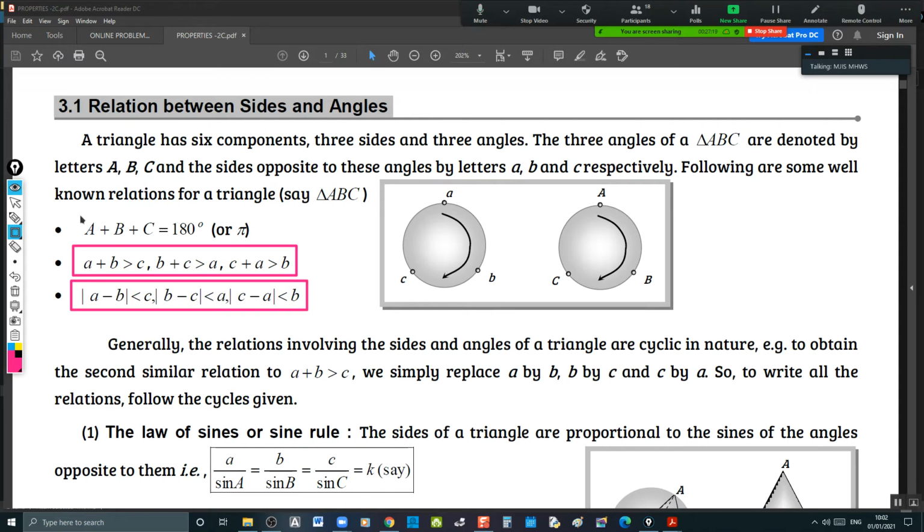Sum of the angles of a triangle is always equal to 180 degrees. And then this is a basic formula. These are the basic formulae you know about a triangle. Next